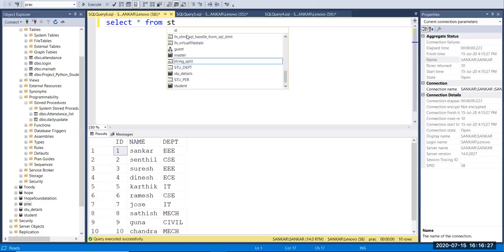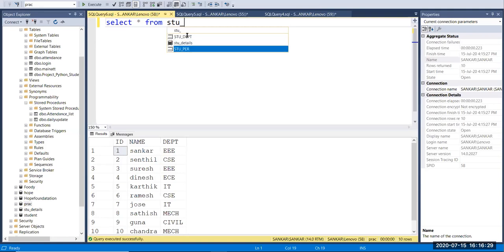Select star from stu_. Here we have two tables that we created yesterday.